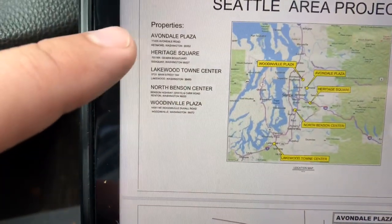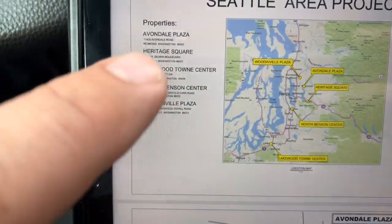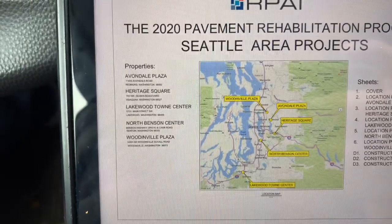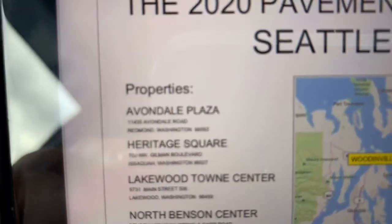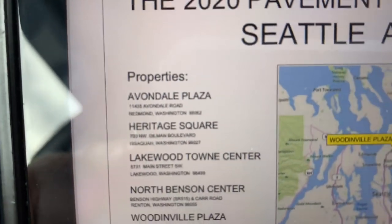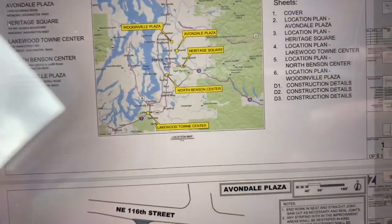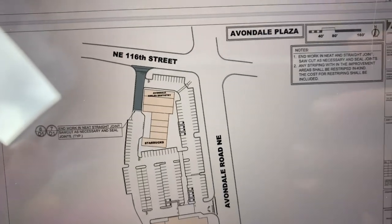As a matter of fact, we looked at all of these properties last year. We happened to do work at Heritage Square. So we get another shot this year at some different properties, and I am looking at Avondale Plaza. Last year we looked at mostly crack fill out here in Redmond, but this time we're looking at asphalt